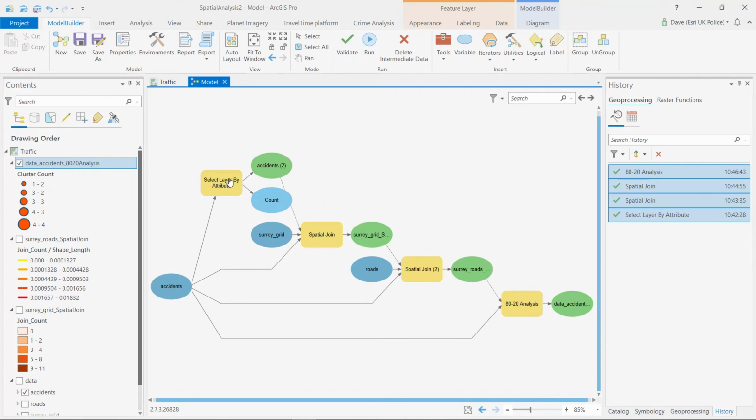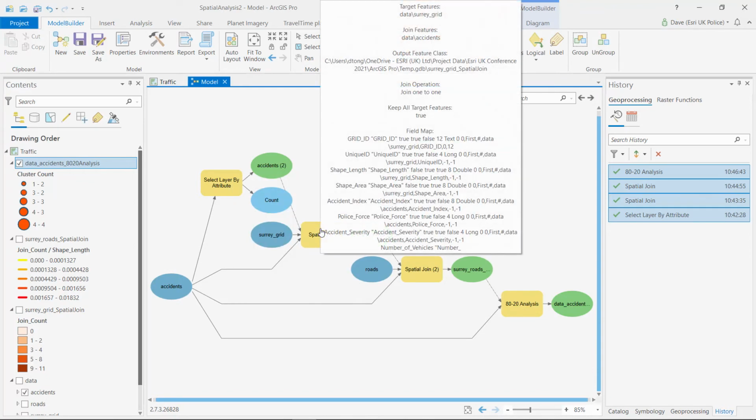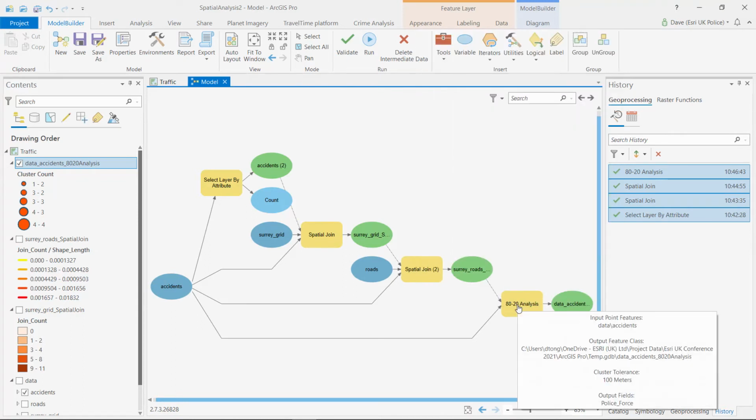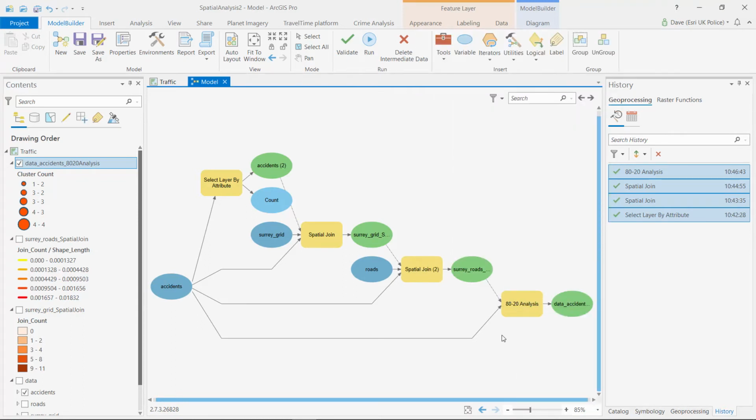Now if we also lay out and fit to window, we can see the workflow. So we're selecting by layer by attribute, we're doing a spatial join, then we're doing another spatial join against the roads, and then finally we're doing the 80-20 analysis. So I can save my tool and I could easily rerun this again now if I so wished, but the